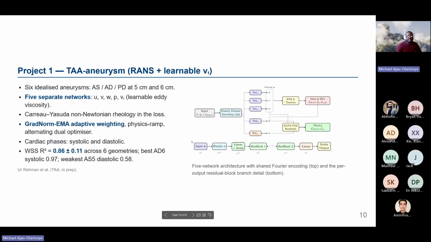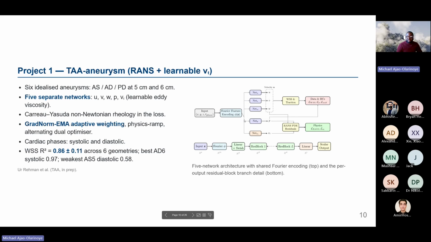And so from what you can see, we had a Fourier feature encoding for the spectral bias. The data that is taken is the spatiotemporal CFD data, and it is just taking the sparse points of that data, so about 20% or 10% randomly sampled at every given time. So we have your X, Y, and Z, and also the 2 phases because it was transient. Okay, so we're able to build a network that predicted the velocity, the pressure, and also the learnable